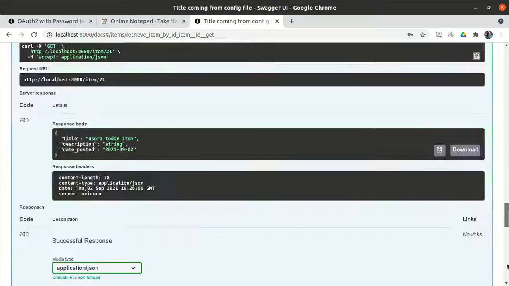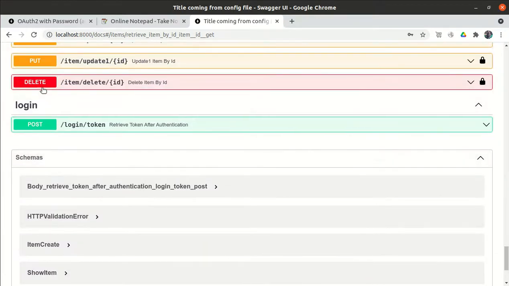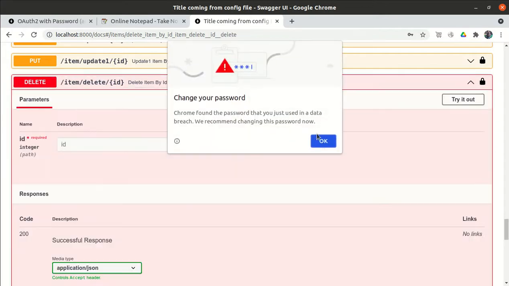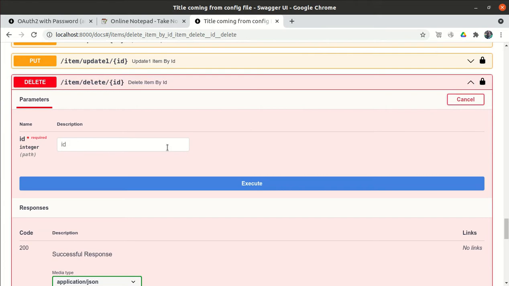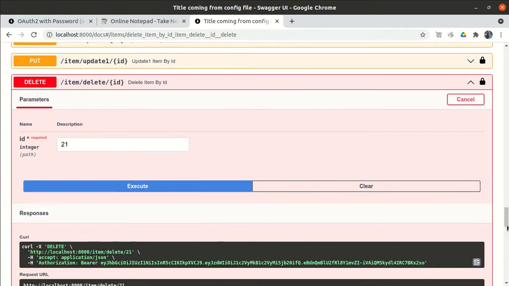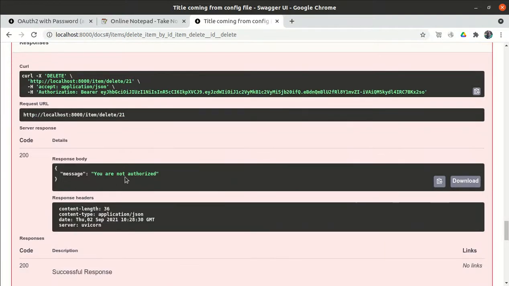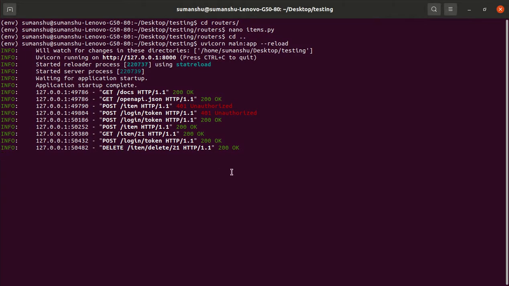Now user2 will try to delete item number 21. Ideally it should say you are not authorized, because item 21 was created by user1 only. So now it says you are not authorized. So yeah, that is fine.